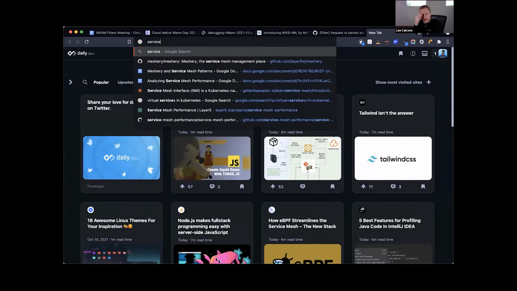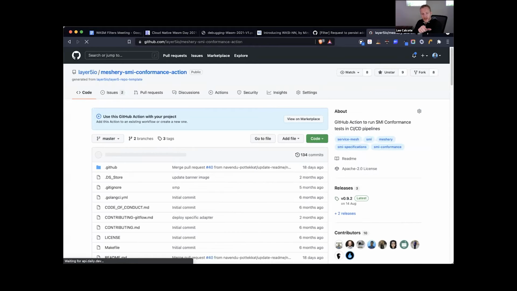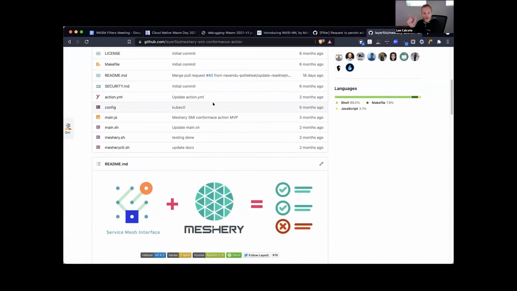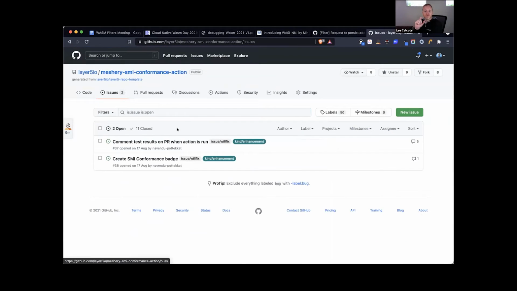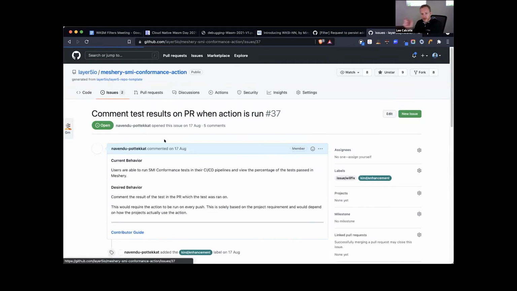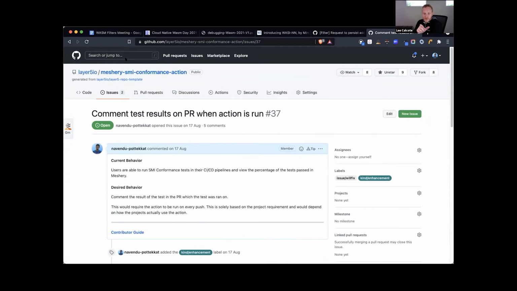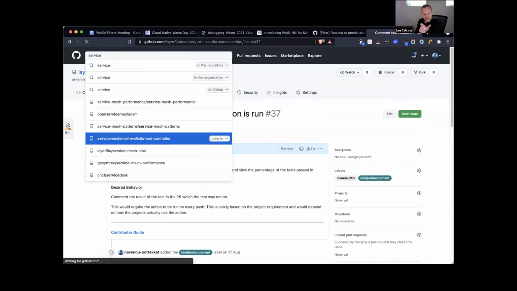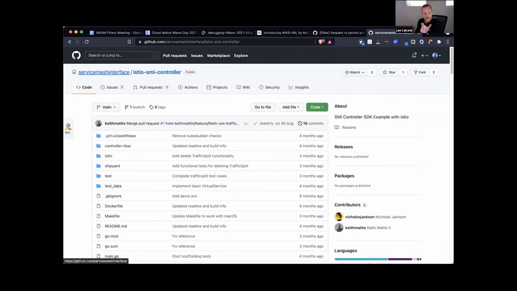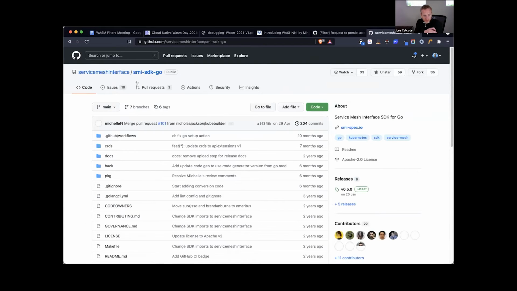One of them is for SMI conformance, and the SMI project is picking it up and including it into a new SDK that's being created for SMI. So that's fantastic. That speaks to the value of having created an action specific to SMI conformance, specific to that use case.